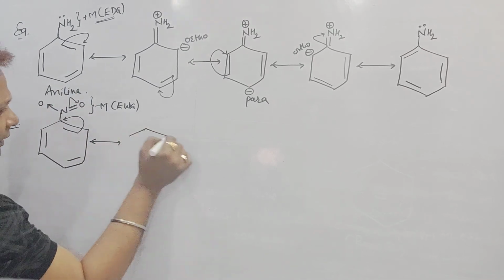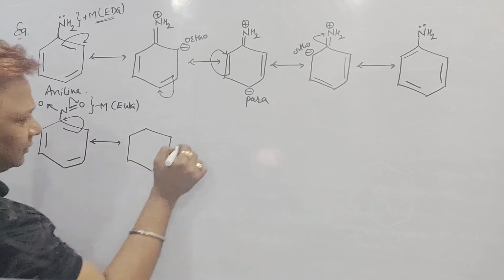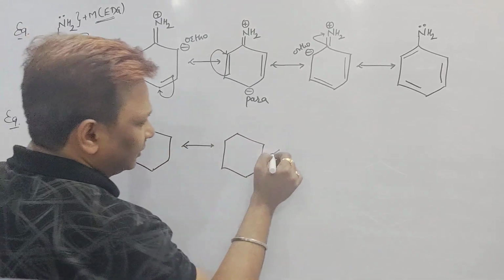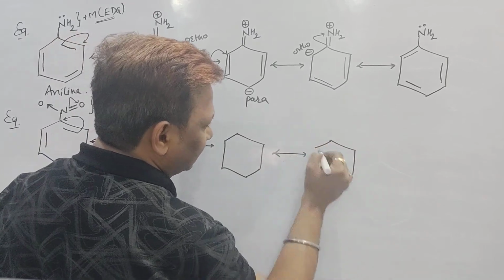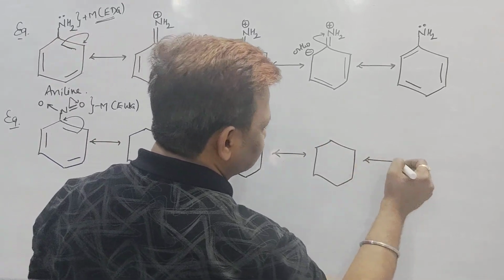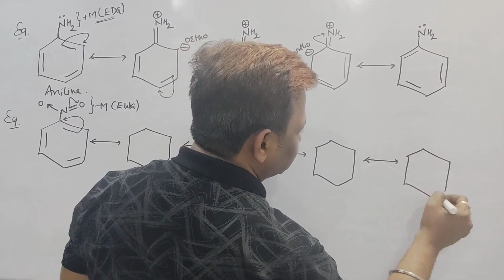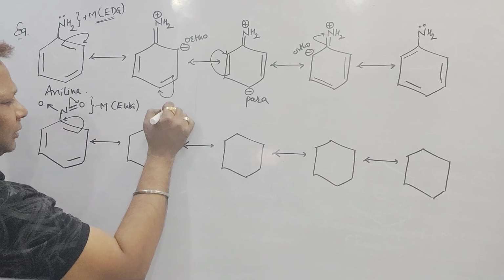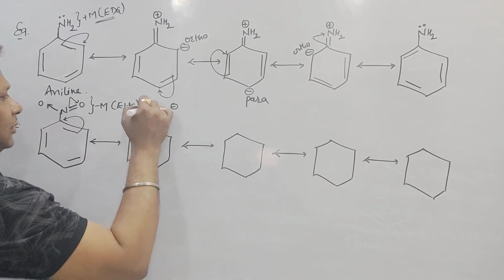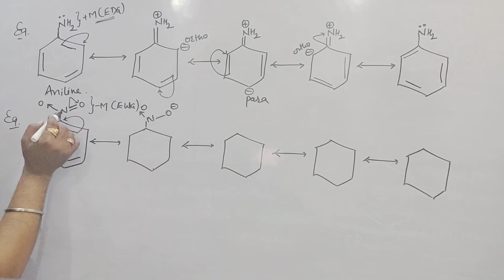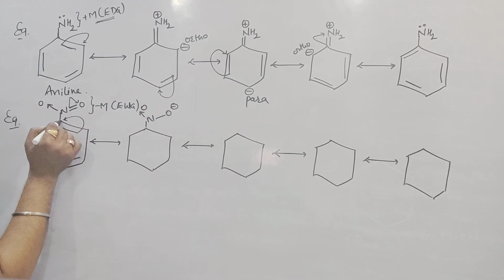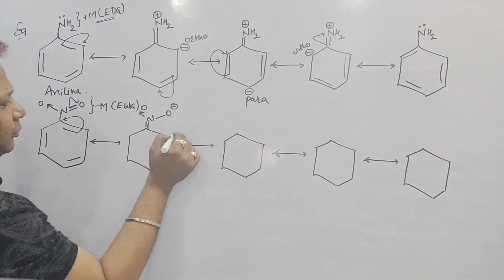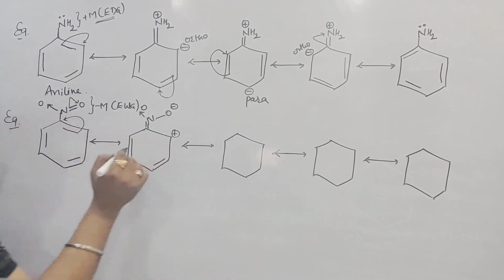So we are going to draw the 5 resonating structures of it again. This one is 2. Then one more is 3. Then one more is 4. And the last one is the 5th resonating structure. See how it will vary. Here N is now single bonded with O. O will have negative, dative bond with O. But N will get positive. This pi bond shifted here, negative and positive will make the double bond, and I will get one positive charge here, the remaining 2 as they are.